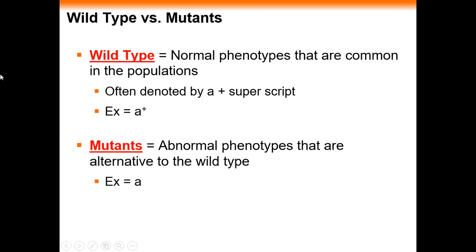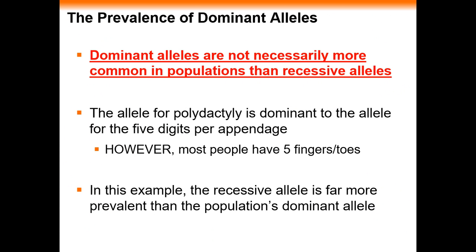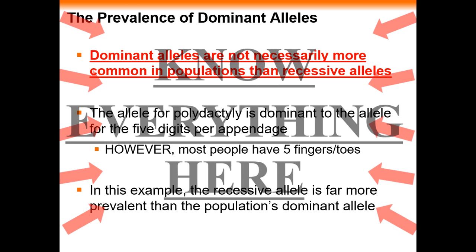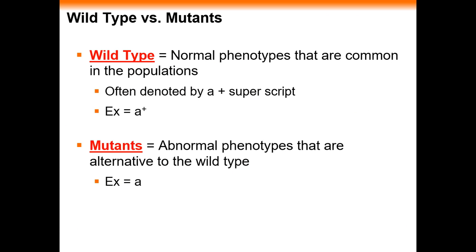Okay, so last video we came to the freaky realization that dominant alleles are not the most common. It's not always the case. Dominants are not always most common because freckles are dominant to no freckles, and most people you see don't have freckles. If you're the most common phenotype, we call you the wild type, and if not, we